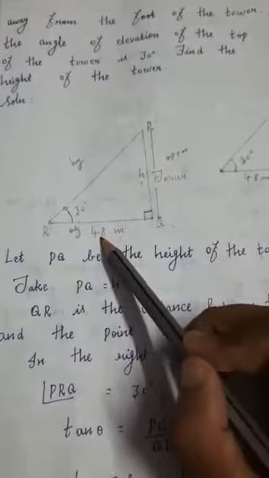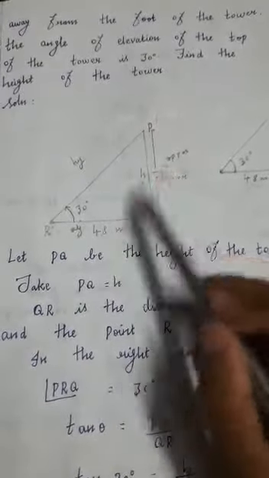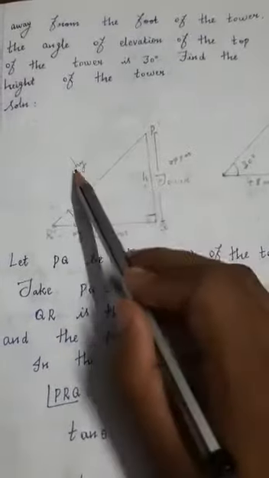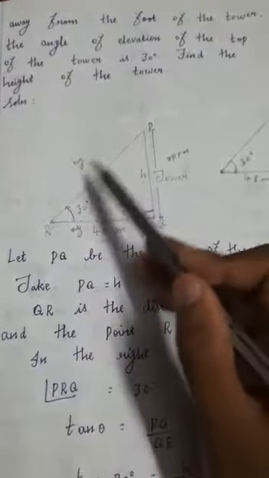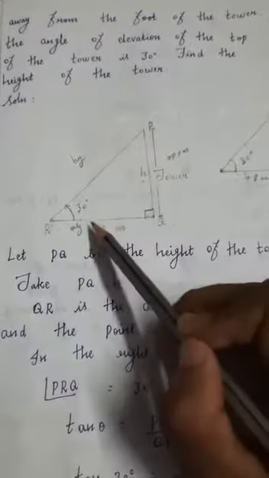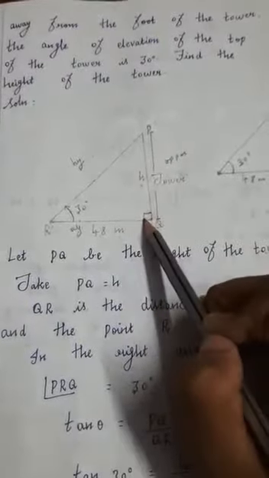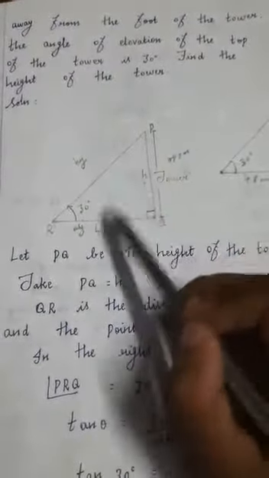Okay, so this length we need to find out. Then the opposite and the adjacent mean the tan theta ratio you can use. Here the length of the hypotenuse they didn't give, and they didn't ask for it either. This length they have given, and they have asked us to find the other length. Then you can apply the ratio tan theta.